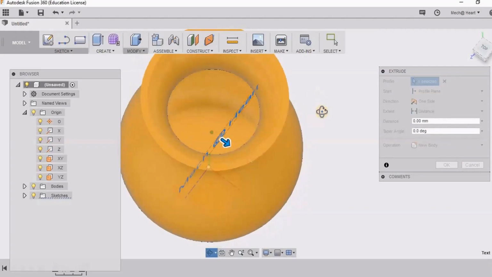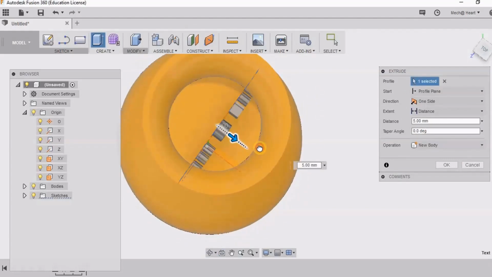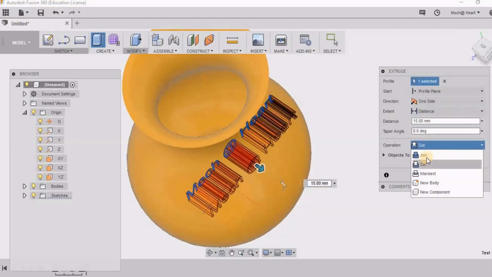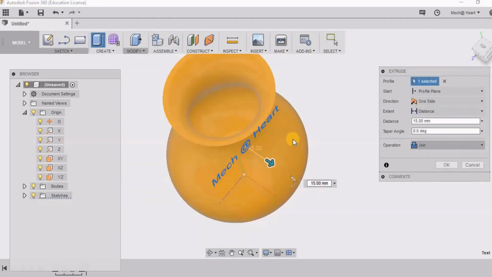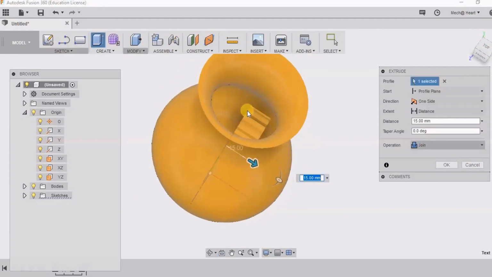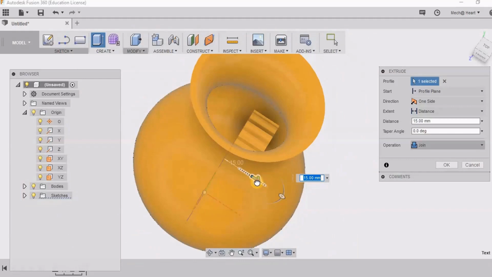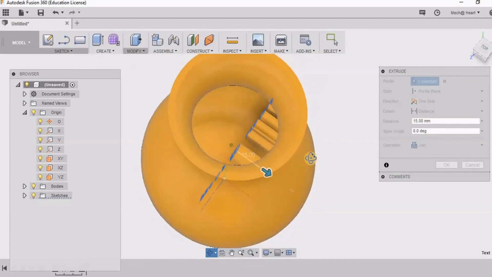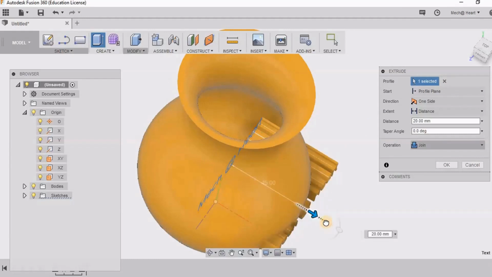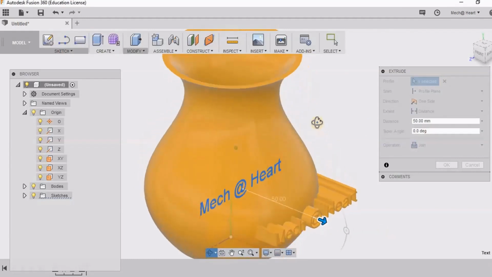I can select this text just like any other profile, and when I'm dragging, you can see I'm selecting join. It will be extruded perpendicular to the sketching plane. So I'll be having some text inside the pot also. And when I'm pulling it out fully, you can see that it is still perpendicular to the sketching plane and it is not coming around this flower